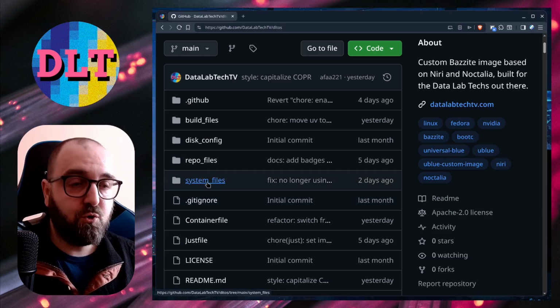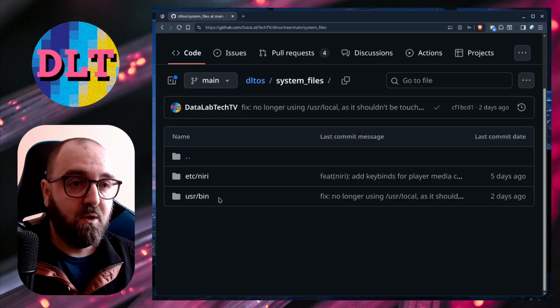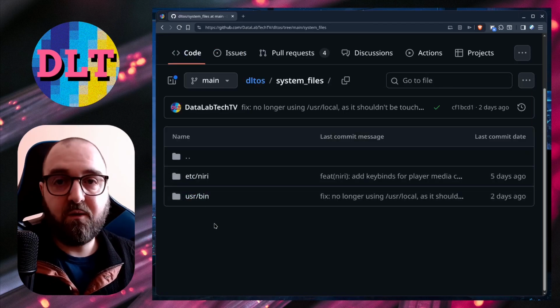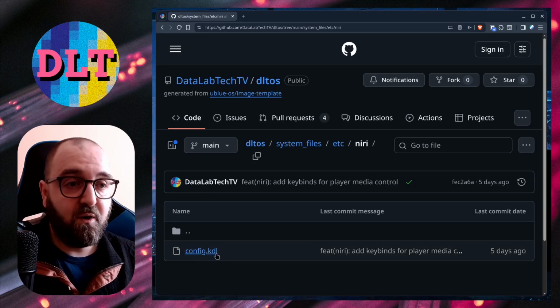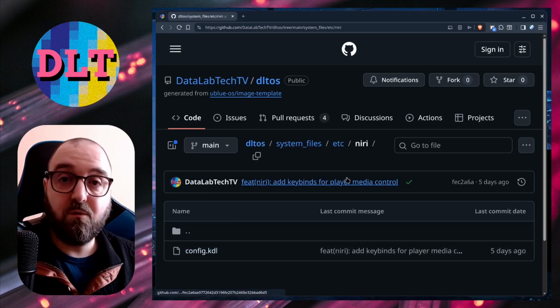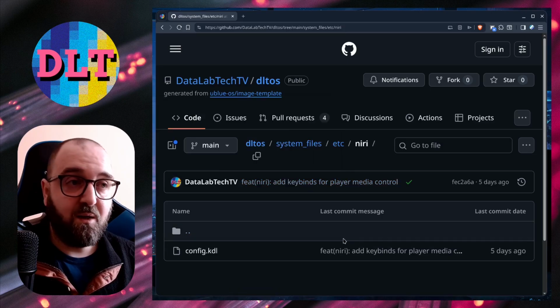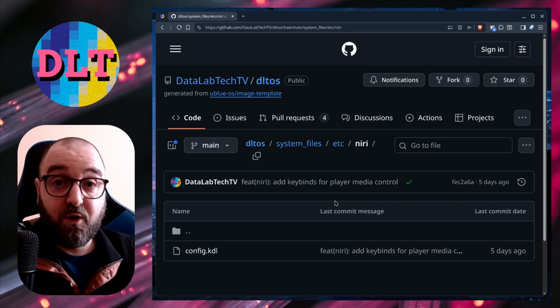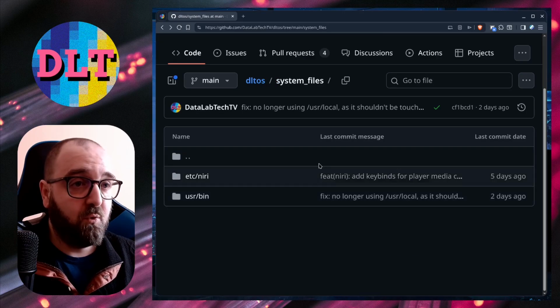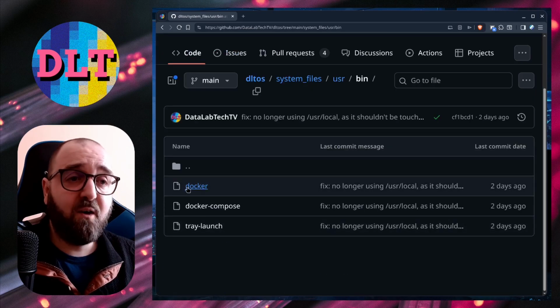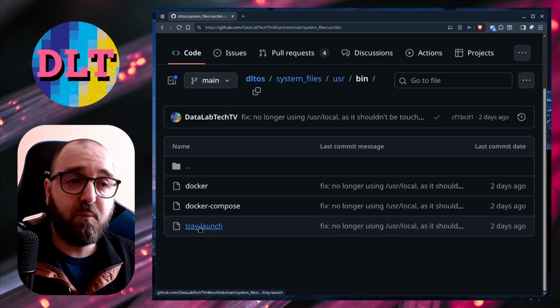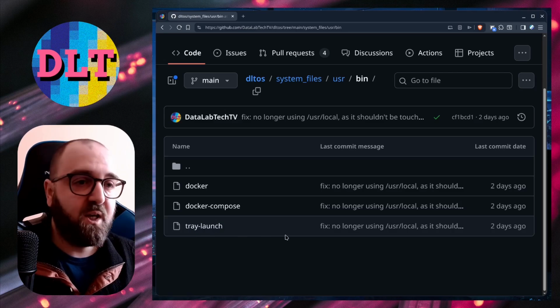So you usually use the system files directory to drop files under your root file system that you want to copy. For instance, I've got etc neri config kdl, which will get copied to my system's image, my custom image, and it will be on my operating system when I boot it after I switch with bootc. And then I also have user bin, where I've got my custom Docker and Docker Compose scripts, as well as this tray launch, which helps with starting